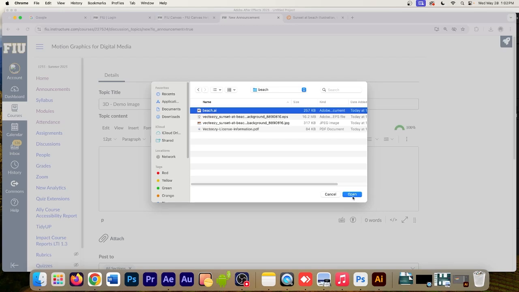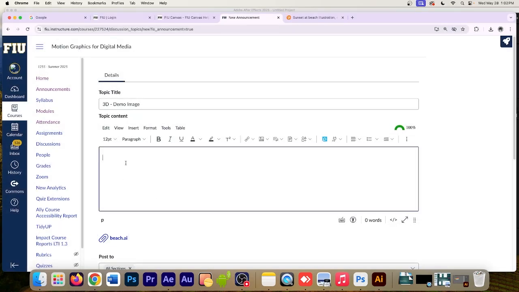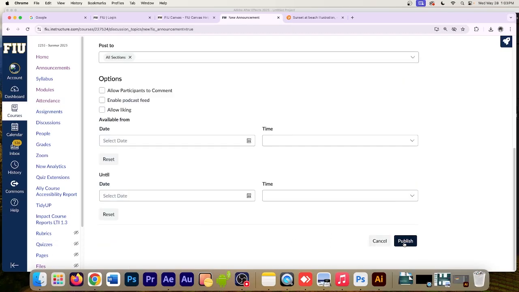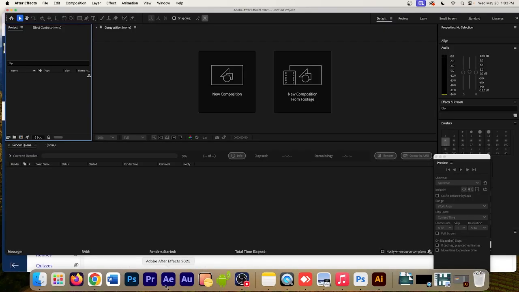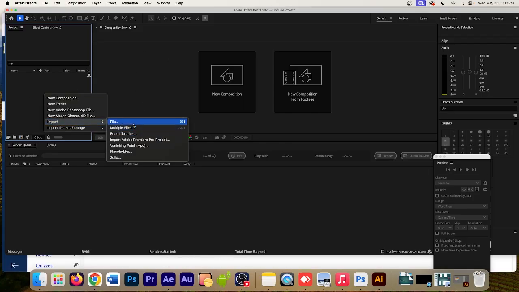Beach. Yes. I'm just going to open that up, and if you want to follow, feel free to download that file. So what I'm going to do, I'm going to import